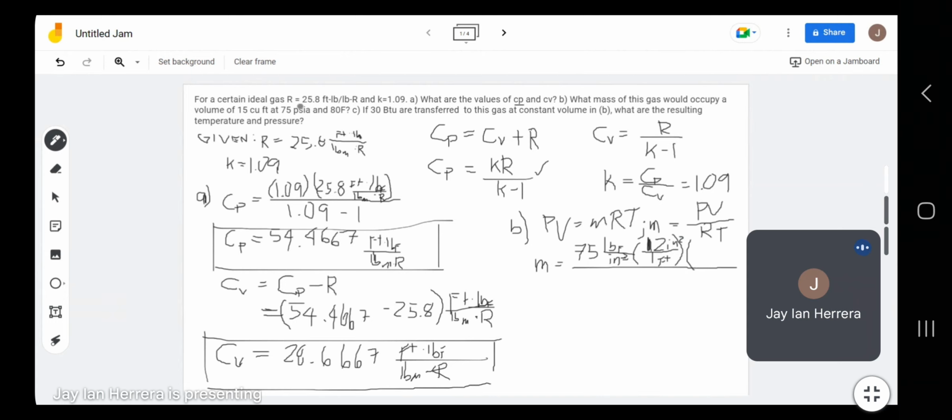Volume natin is given for letter B, that is 15 cubic feet. So over RT, given tayo ng R kanina, that is 25.8,